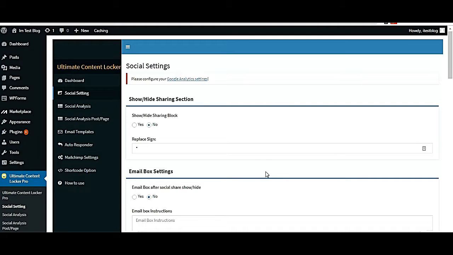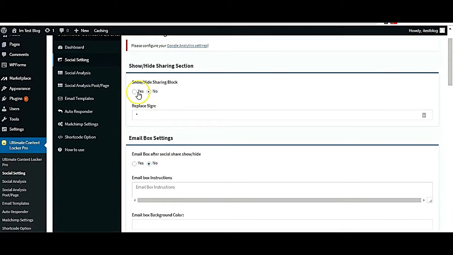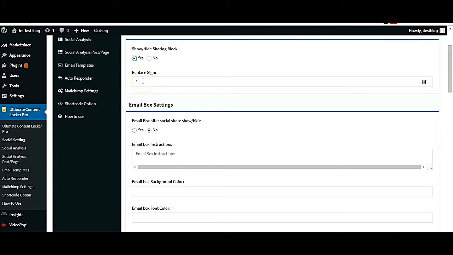When you have installed and activated a plugin, the first thing you need to do is to come over to social settings, and when you click on social settings, it takes you to this page. When you get to this page, everything is set to default, and the first thing you need to do after that is to activate the sharing button. So when you click on this, yes, it's activated,